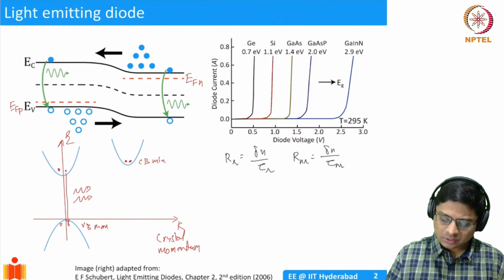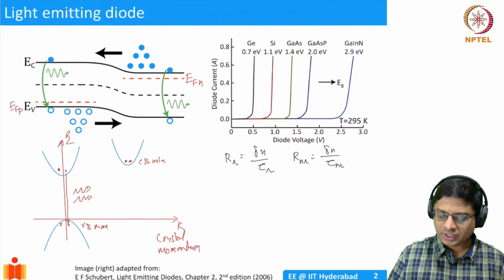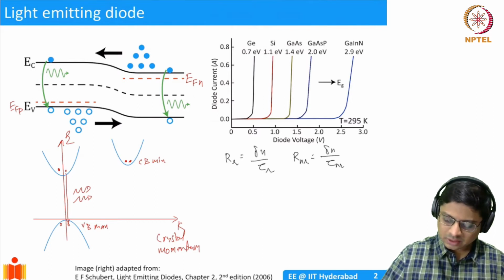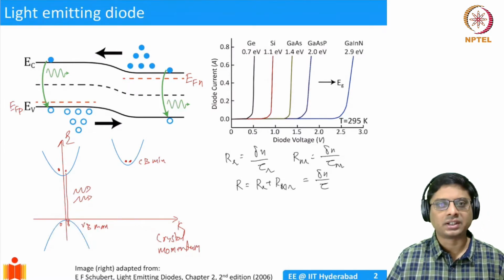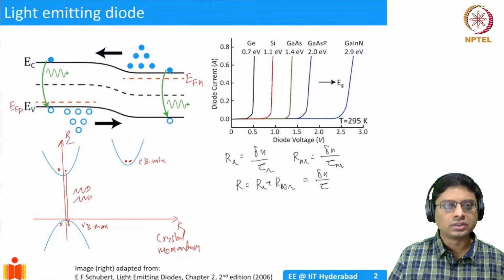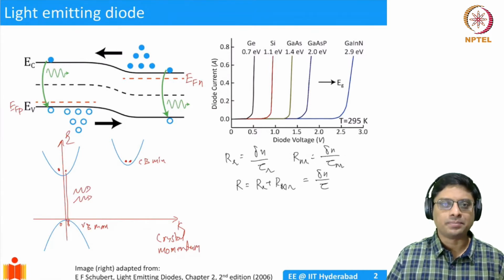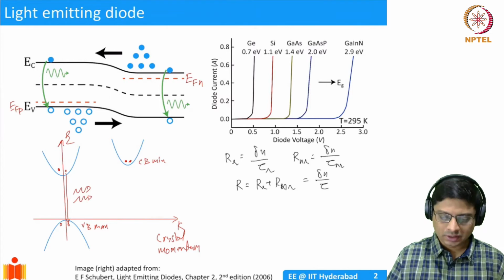And of course, the total recombination rate is going to be R. I can say total recombination is simply a sum of these two recombination rates. And I could just define it by delta N by tau. I can just give a name like that. So this is going to be the effective recombination time. Okay, the total recombination time rather. So now,